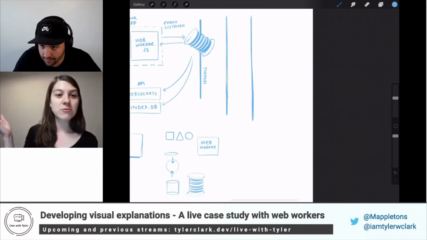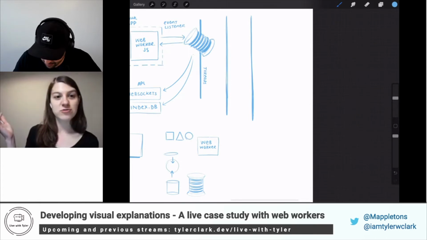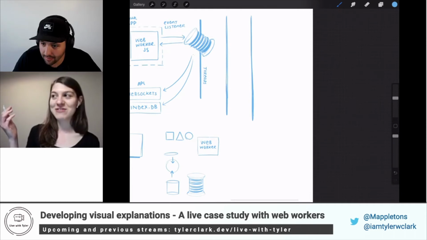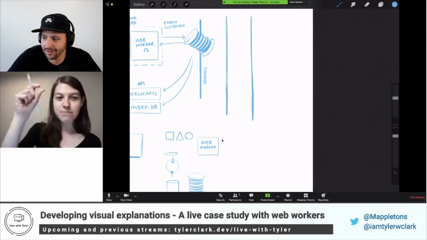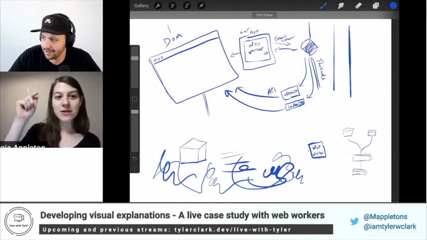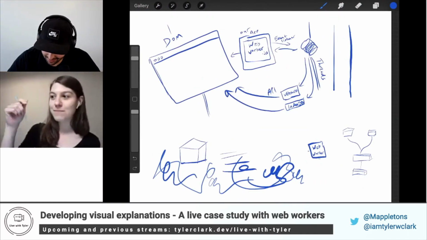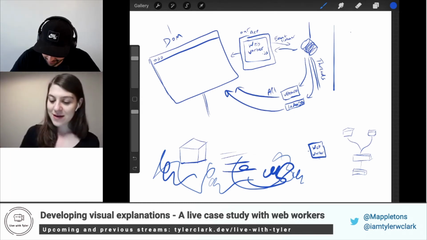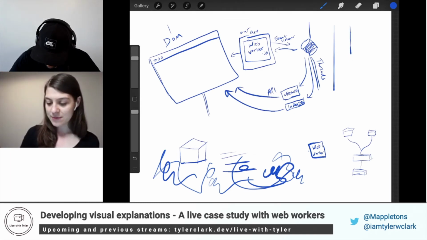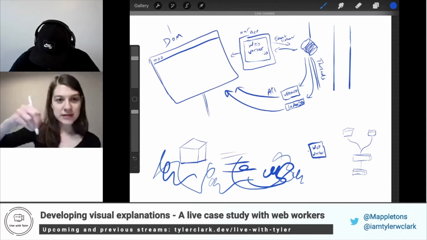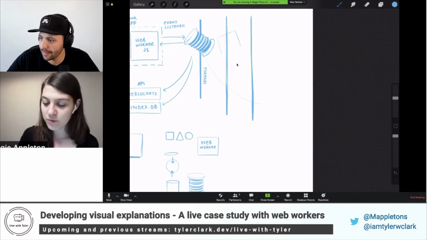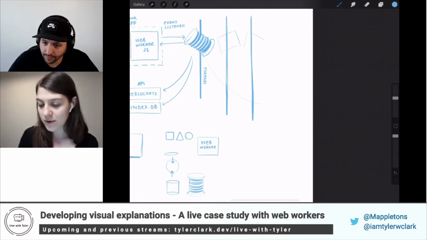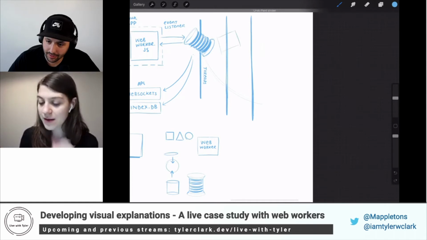It's just the rule that two is too few and four is too many, so there's three of everything. If you look at almost every single egghead course illustration I've made, if there's small things dotted around it, or there's buttons, there's always three. In every single one of them, there's one, two, three, and they're arranged in some pattern. So with this, I'm gonna draw a swoopy line that gives us a sense of visual continuation. And then instead of just putting web worker number 2 over here and web worker number 3 right next to it,